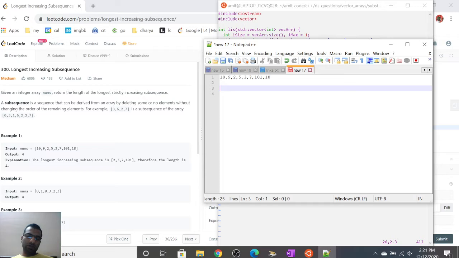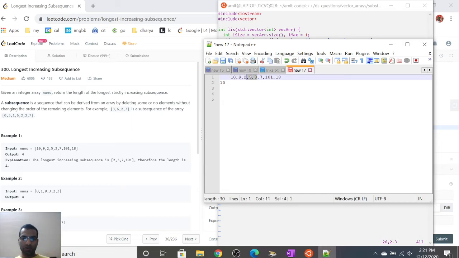So what are the subsequences here in this array? For i equal to 0, the subsequence is 10. In the longest increasing subsequence problem, we take the element itself as a subsequence also. 10, 9 cannot be a subsequence, and 10, 9, 2 cannot be because it's decreasing, not increasing.